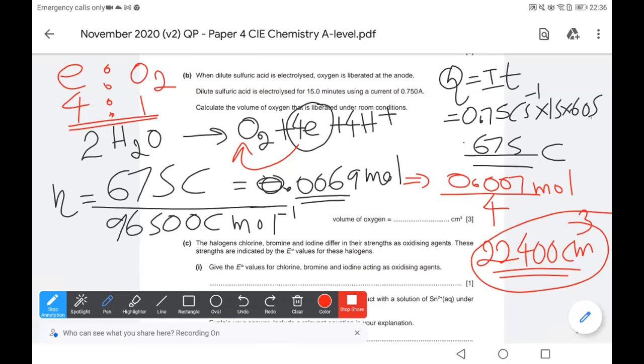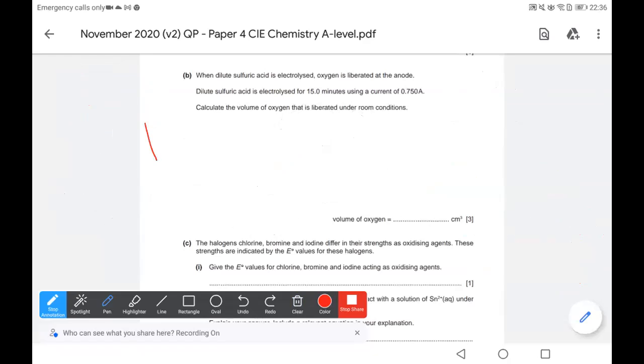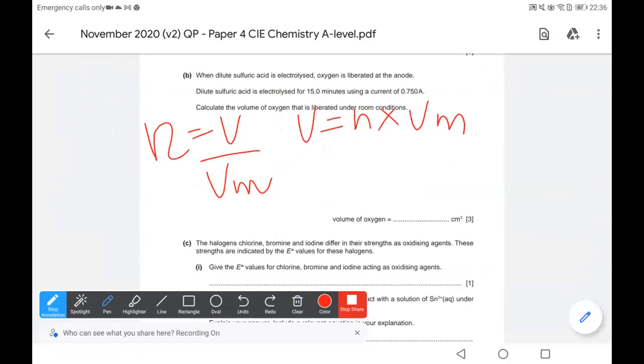Let's take 0.00175. Then moles equals volume over molar volume, so volume equals moles into molar volume. So oxygen moles is